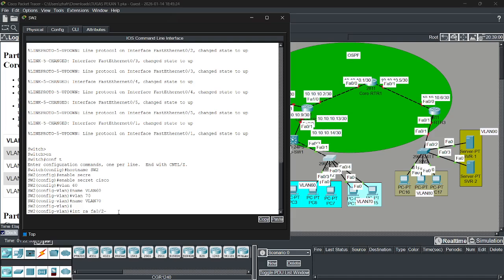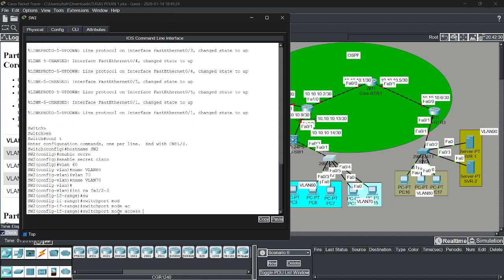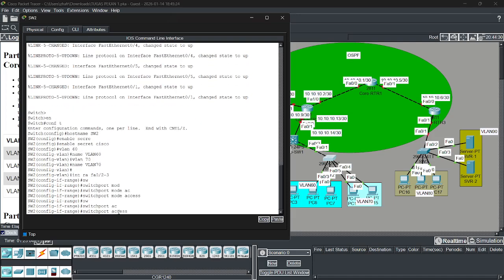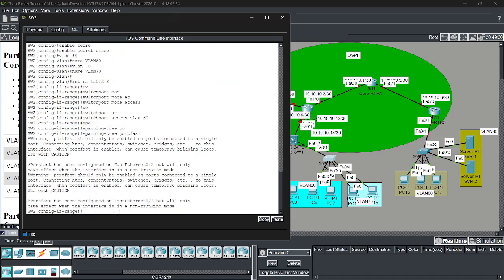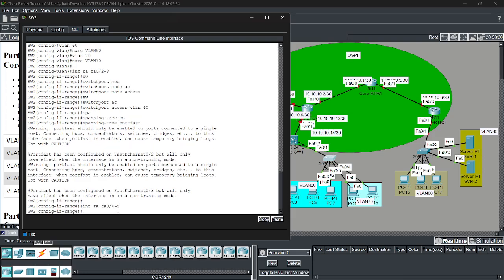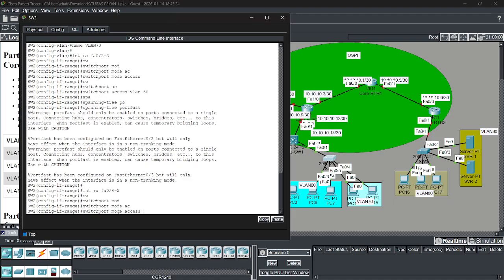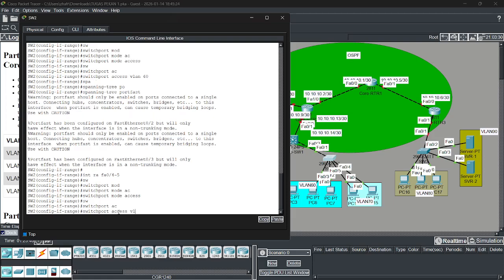Switchport mode access, switchport access VLAN 60, spanning-tree portfast, and then interface range 0/4-5, switchport mode access, then switchport access VLAN 70.